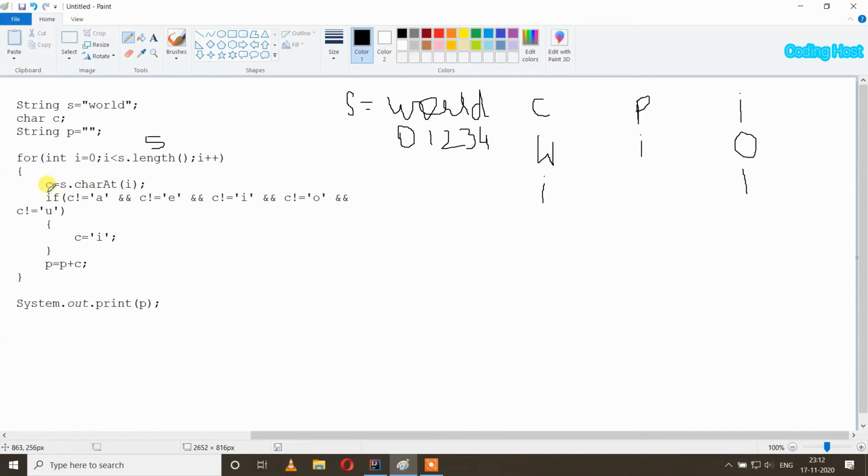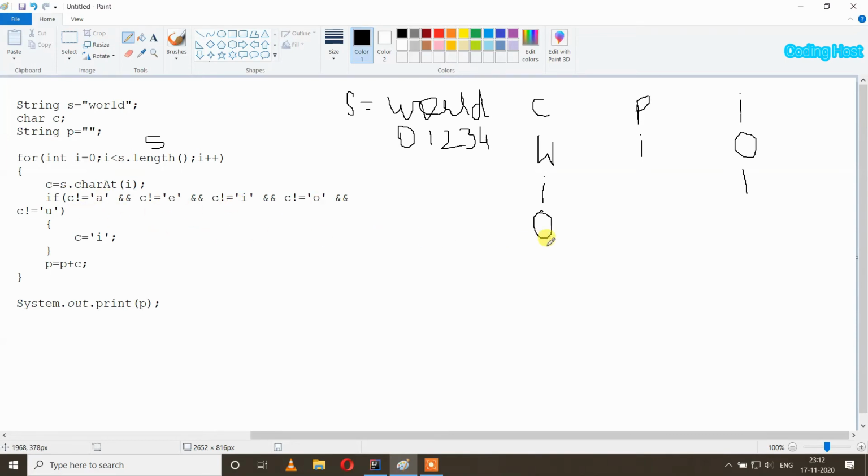And now again c equal to s dot charAt(i), so now at index 1 we have o. In this char variable c we will insert character o, and after that we will again check if c is not equal to a, e, i, o, u.